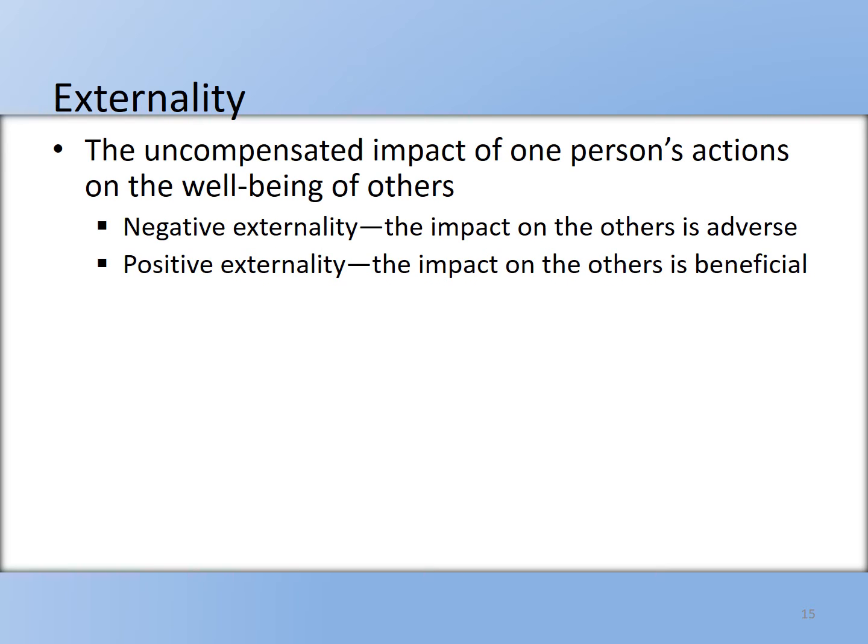But there are also positive externalities. So what I do benefits you, but I don't care. And that's also not efficient, right? Let's say, in a class, if everyone keeps quiet, then it benefits everyone, right? If you keep quiet, it benefits others. But if someone doesn't care, he just likes to talk very loud in class, then it hurts everyone else. That will be a negative externality. In a positive externality,